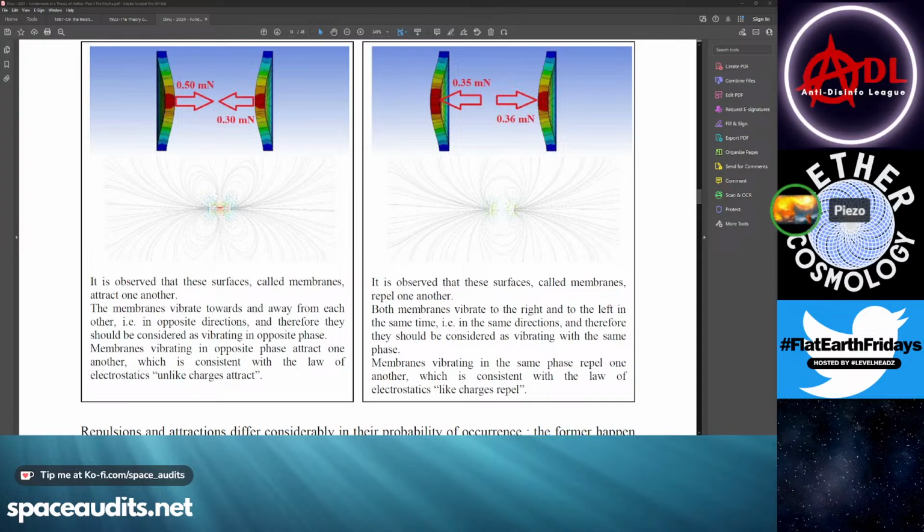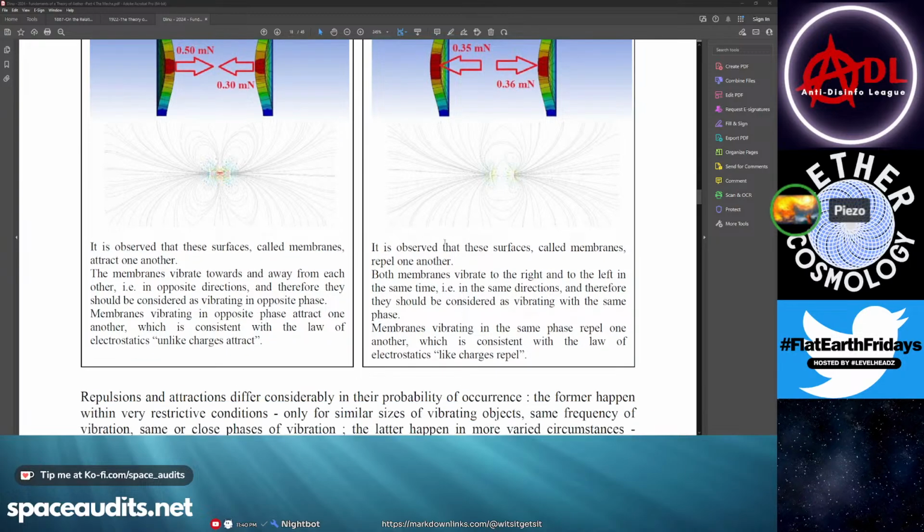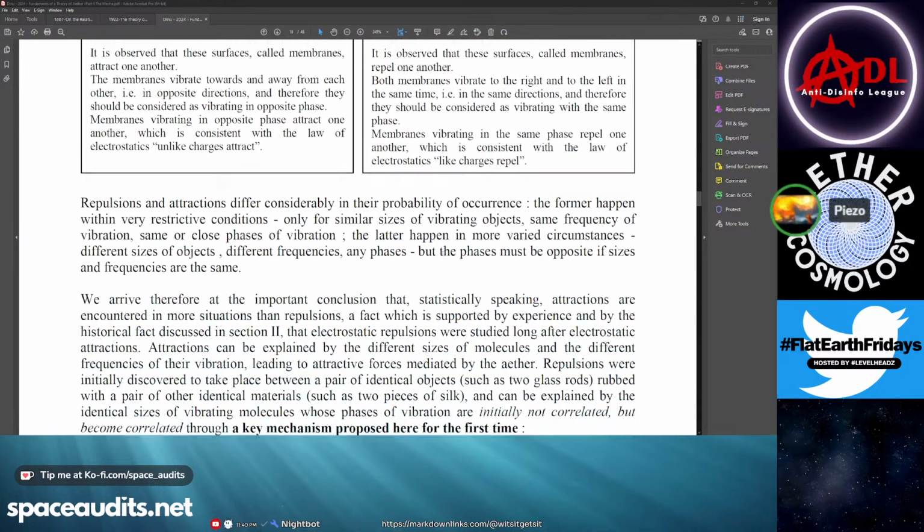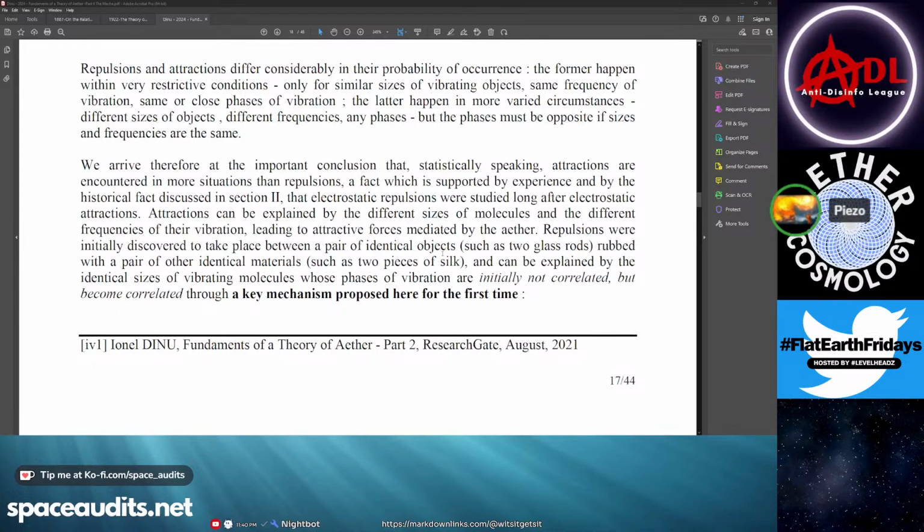Yeah. The vibrating with the same phase is repelling, whereas vibrating with opposite phase is attracting. Oh, I don't know. Well, let's read some further. But I'm thinking about the vortex thing, because when the rings push towards each other or away from each other, when they're moving exclusively opposite, they have attraction. Like they're whirling, kind of sucking each other in. Anyways, I don't know.